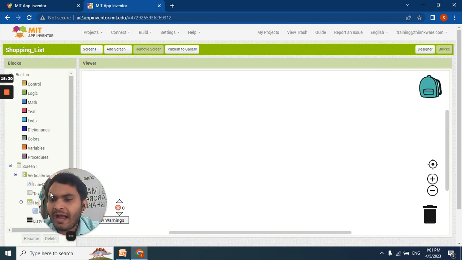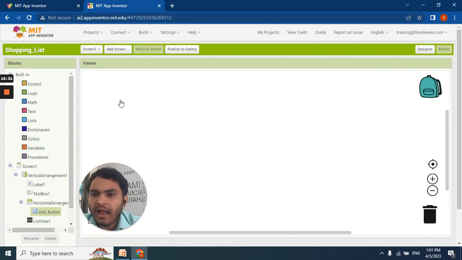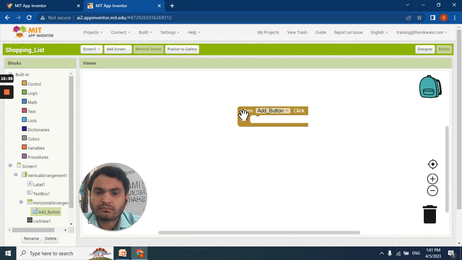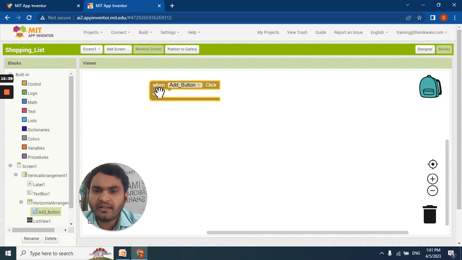So we need to go to add button and choose a block: when add button click, do something. So this is added.